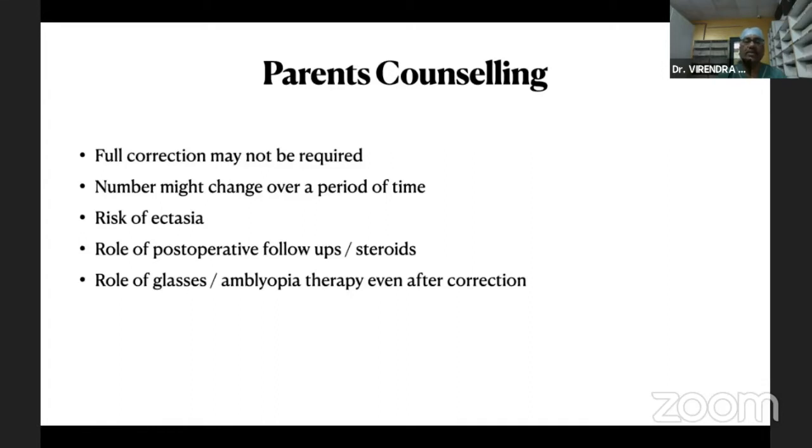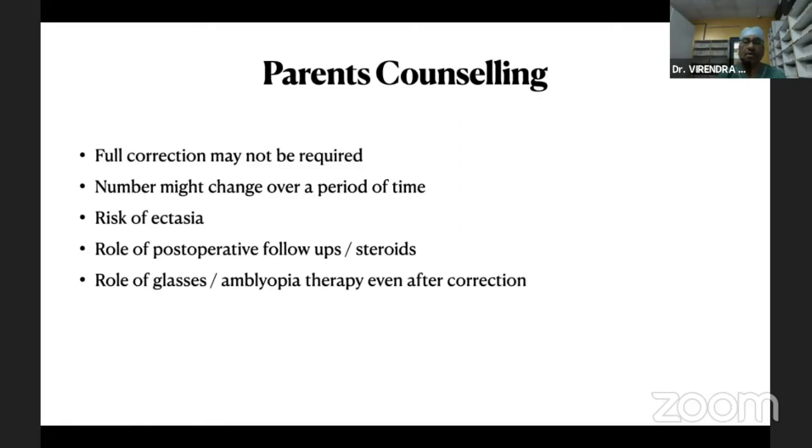Very rarely we need to say to the patient that you may not be having a full correction with the LASIK because of some parameters. We are doing under correction, and that is accepted because the patient is also understanding, parents are also understanding. But in case of children, the issue is that full correction is usually not achieved, may not be required also, is one reason, because the other eye may be having some refractive error, so we want to make equalization.